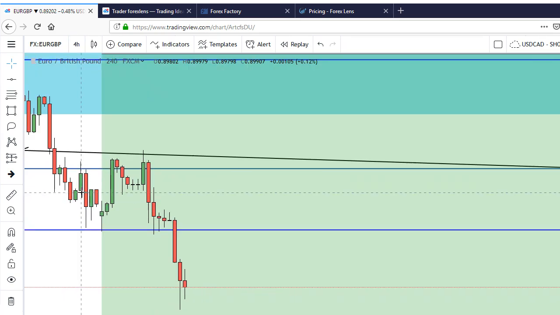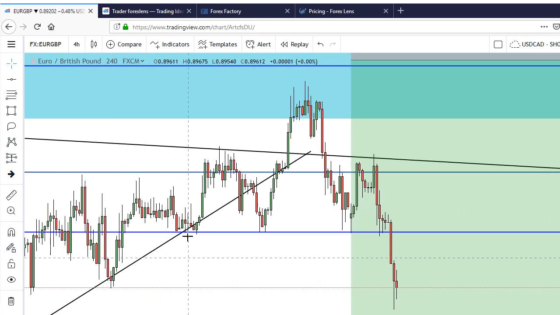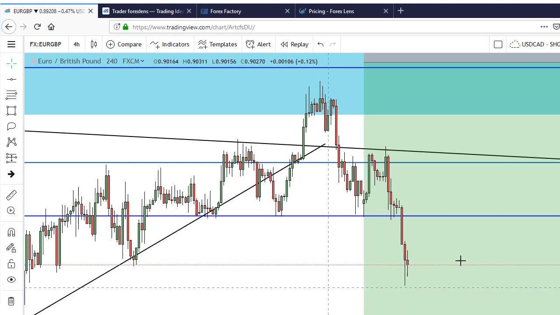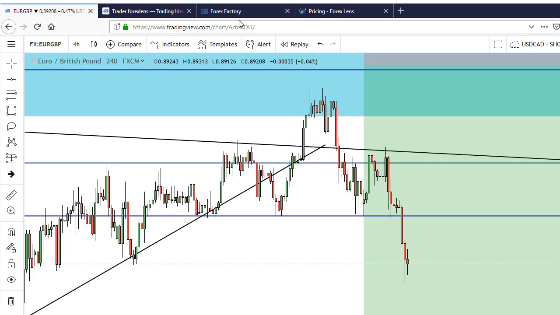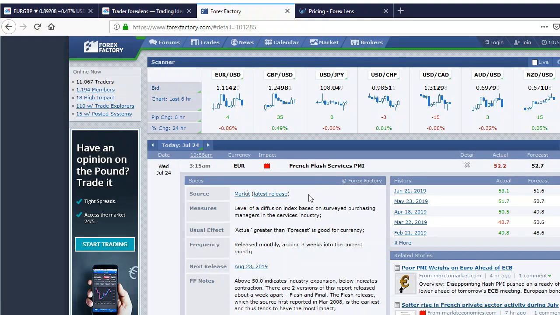If we go to the 4-hourly, we can see we kind of created the head and shoulders pattern. This is the left shoulder, the head, and the right shoulder, and where the shoulders and the neck meet, which is right here. You see how this meets here and this meets here? This is the neckline. And so last night, after the negative Euro PMI,